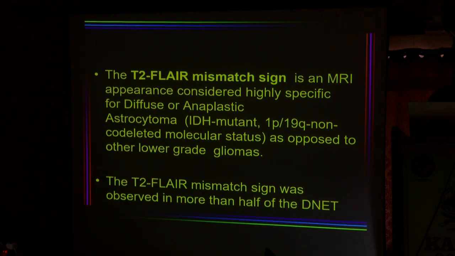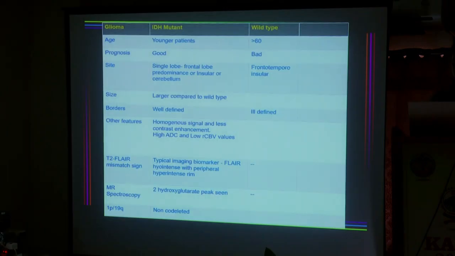So nowadays there is radiomics in glioma, and radiomics in other tumors are known. So this has a better prognosis compared to the wild type. The T2 FLAIR mismatch has been observed also in other tumors like the DNET tumors. So it's just a table which differentiates the IDH mutant and the wild type, which may be useful for your